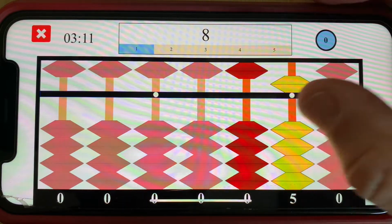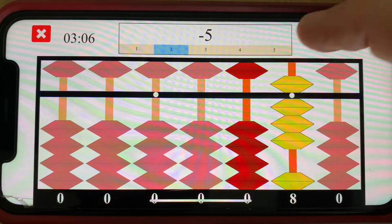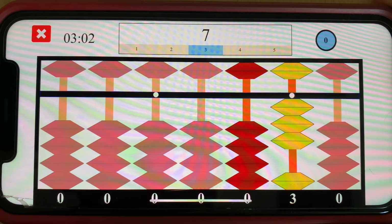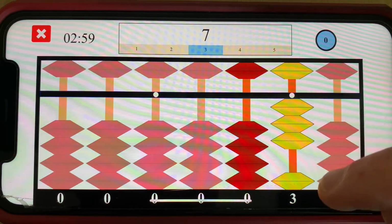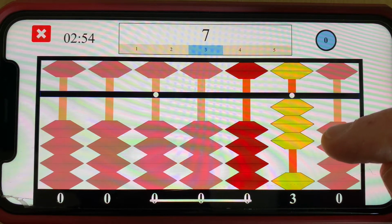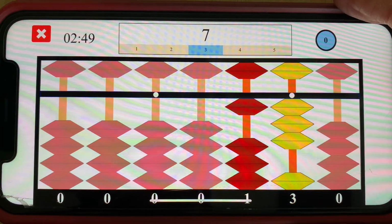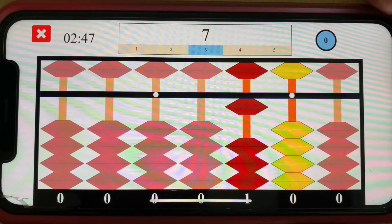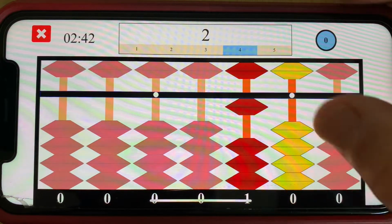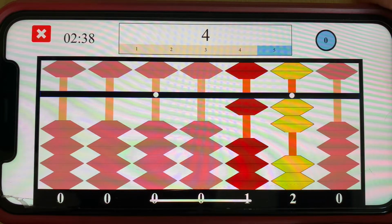So I'm going to place 8 on the abacus. Then I'm going to subtract 5. Then I'm going to add 7. Well, you can see I only have 6 beads available to add 7, which is not enough. So I use my 10-pair addition rule by adding 1 to the next rod left and subtracting 7's 10-pair 3. So far so good. Now I'm going to add 2, and then next I want to add 4 to my